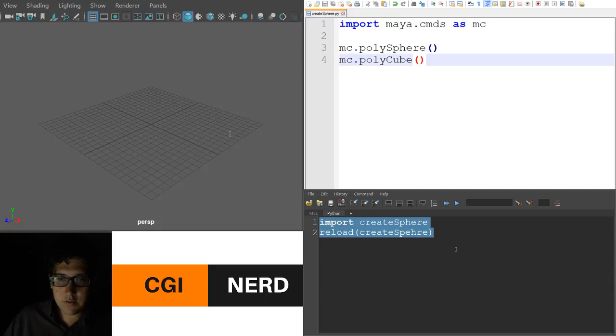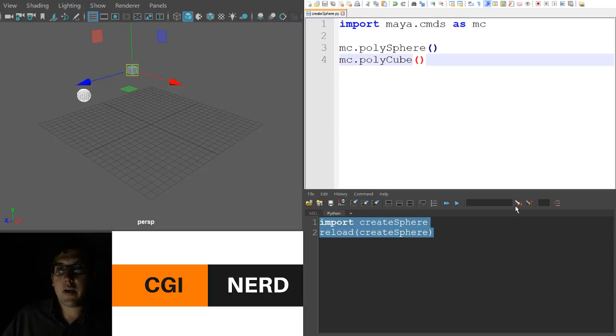Create sphere is not defined. Am I misspelling it without noticing? Yeah, I misspelled something. So I just copied and pasted and it popped back up. And we can see that we do have the sphere now, and we do have the cube. Okay, so I'm glad that craziness is fixed now. It looked like it was spelled exactly the same way. I'll have to look back when I finish this video to see what happened, but